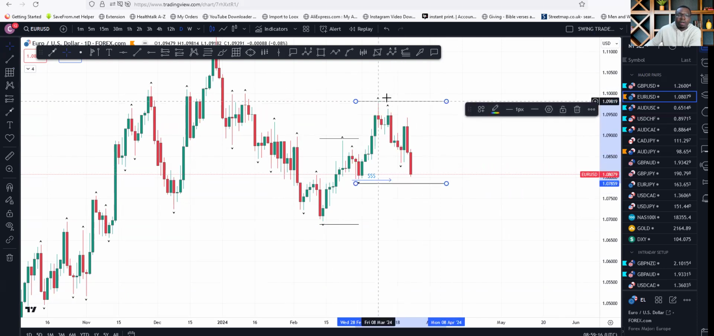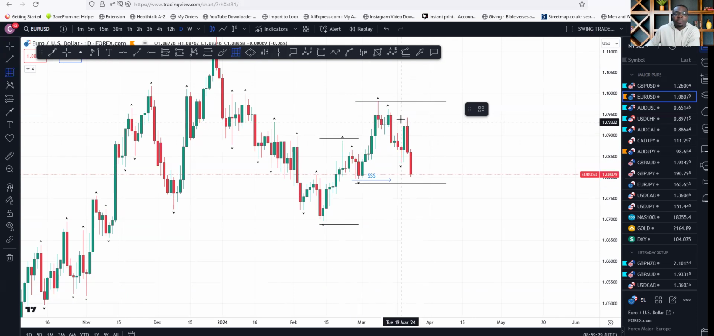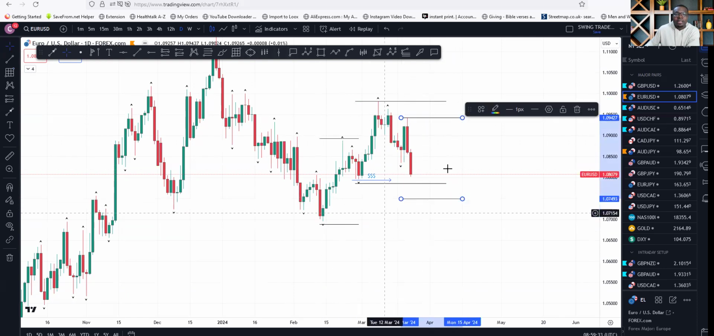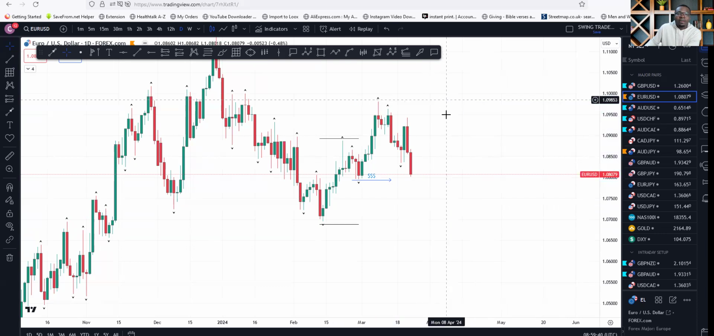Okay, so we want price to come and take out this low first before we know that there is a shift of momentum to the downside, which eventually they will, based on what I'm seeing right now. So I'm anticipating that they're going to use this swing low to take that low out and then continue to the downside to bridge this low. So for that reason, I'm going to be looking at the 4-hour time frame for a decision